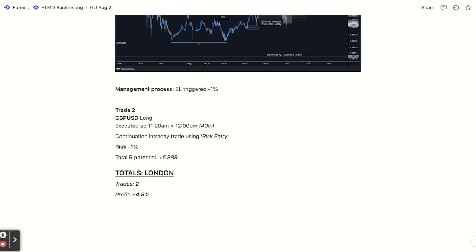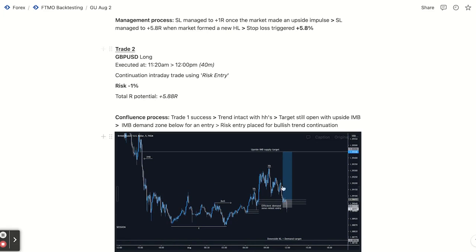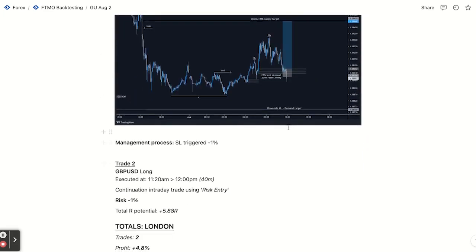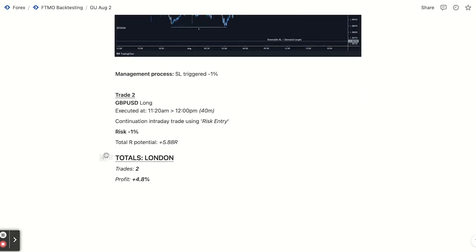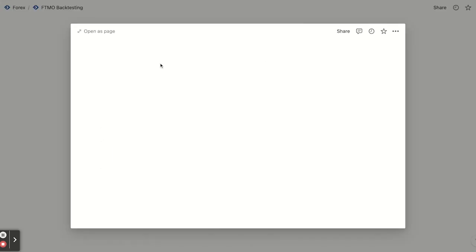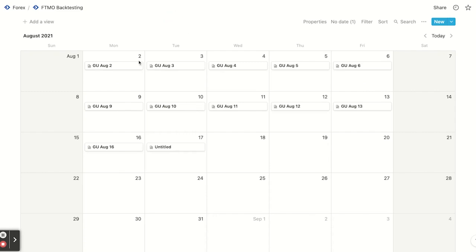So this is pretty cool, and you can actually track everything here. You can track your losses too, but the only analytics you're really going to get are what you write down, like this. So my totals for London session this day was 2 trades and 4.8%. Obviously, for a free option, Notion is okay, but the Trading Buddy just brings all of this together into a nice refined area where you can see your trades, you can see your tallies, and you get analytics along with it all as well. So for making sure you track everything and don't forget, I do advise the Trading Buddy,